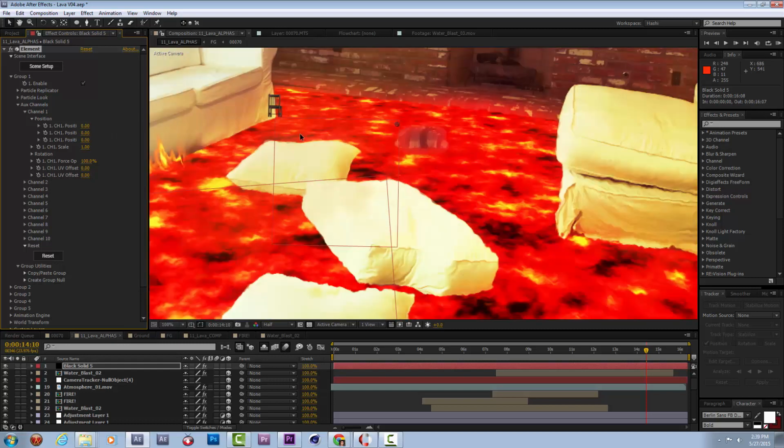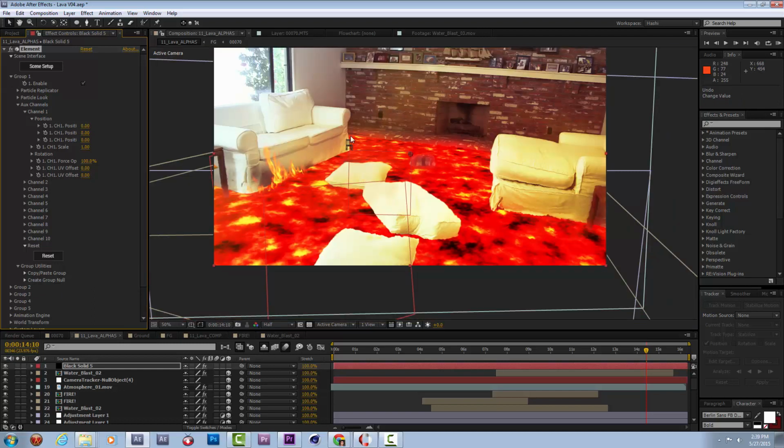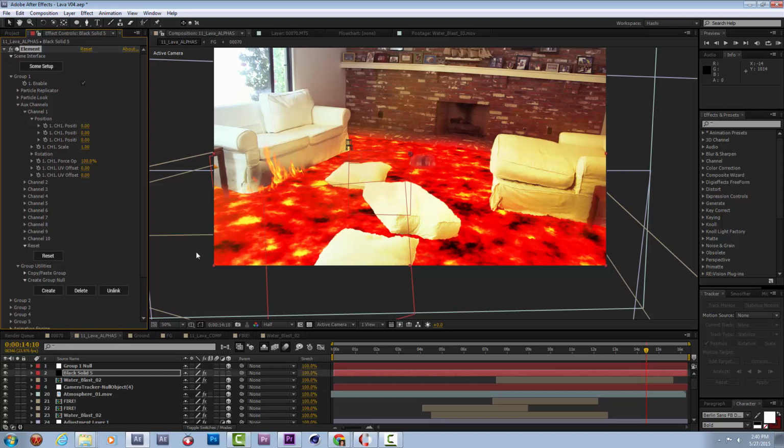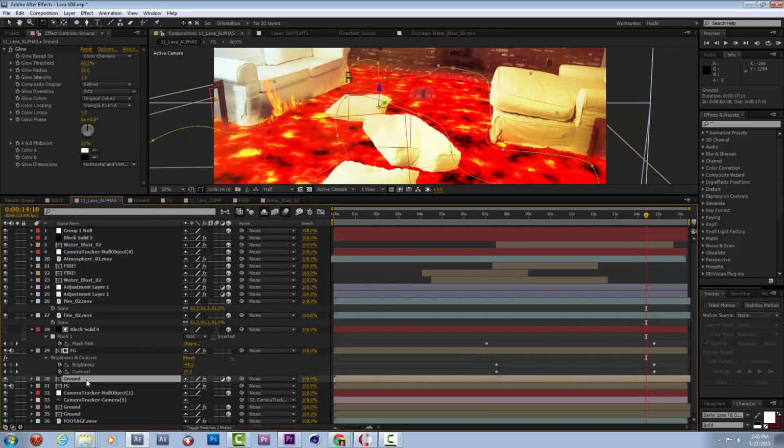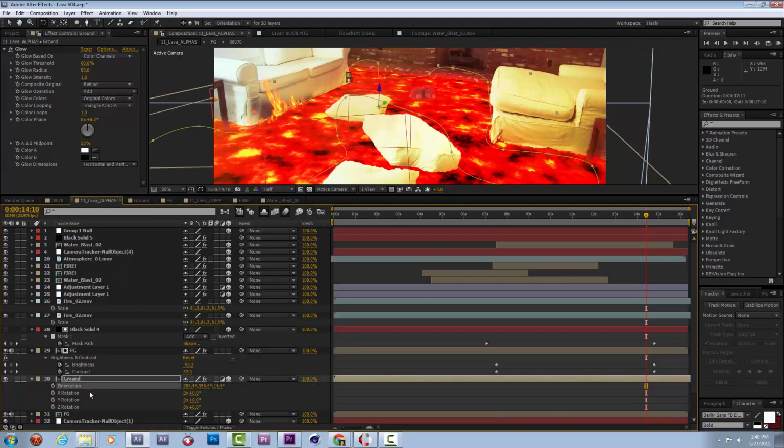You can see it moving way down there. It's really nice. I don't need to do very complicated animation with it. I just need it to sink and maybe rotate a little bit while it's doing so. So I'm going to also create a group null. Watch this. So it creates a teeny little null right here, and what that null does is it is in control of the whole 3D construct here, which is kind of cool. So what I need it to do is be aligned with our floor layer. So I'm going to go down to the ground, any one of these really, and copy the orientation properties and